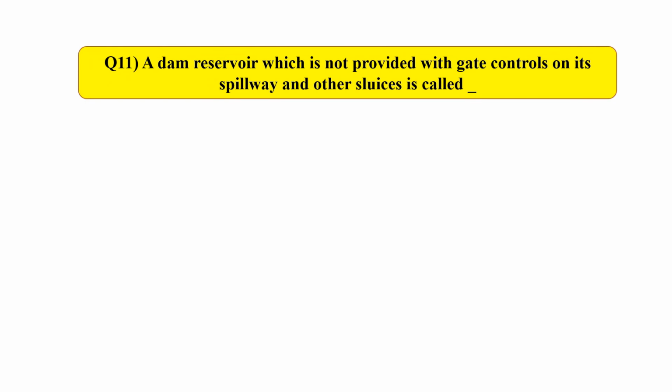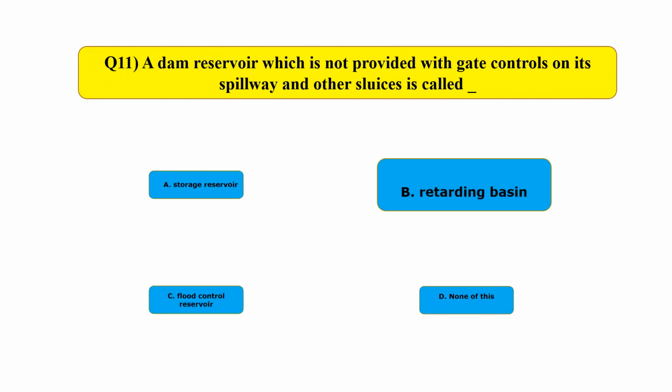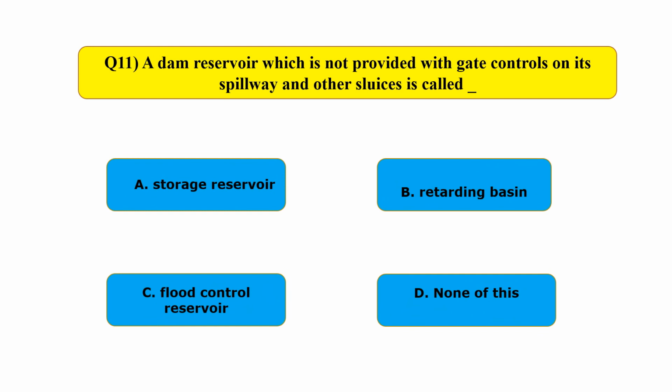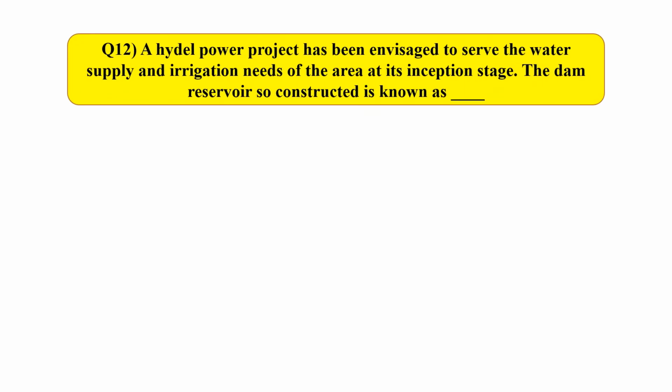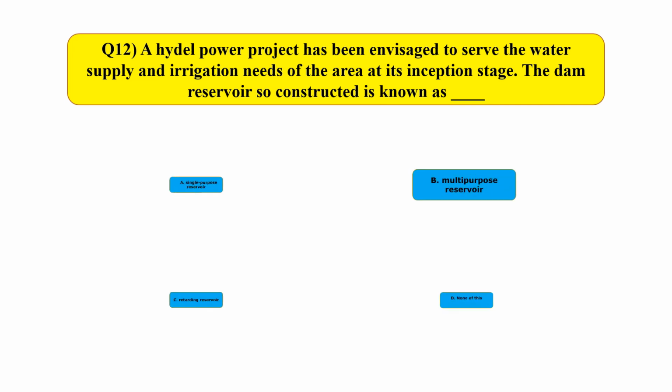A dam reservoir which is not provided with gate controls on its spillway and other sluices is called answer B, retarding basin. A hydel power project has been investigated to serve the water supply and irrigation needs of the area at its inspection stage. The dam reservoir so constructed is known as